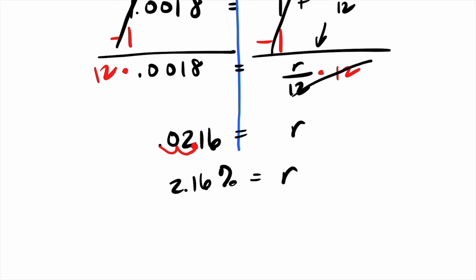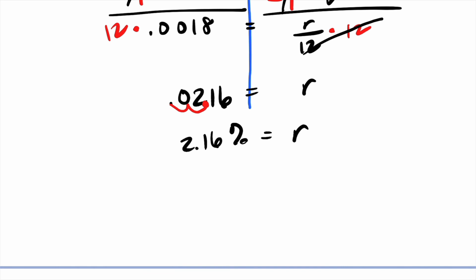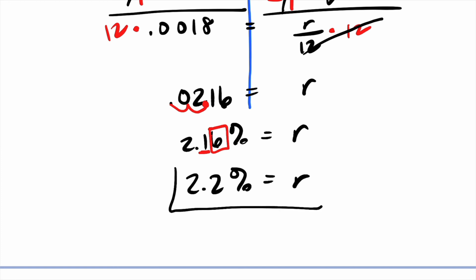Which number is in the 10th spot? 1. Yep, 1's in the 10th spot. So we look at 6. Does 6 say move up to 2 or stay at 1? Move up to 2, yep. Like I get this question a lot. Mr. Flores, do you round up? So 89.5, 79.5, do you round up? Well, if it's 5 or higher, I do. If it's 4 or lower, I don't. Rounding is the same thing. Okay? All right. So now what we're going to do is